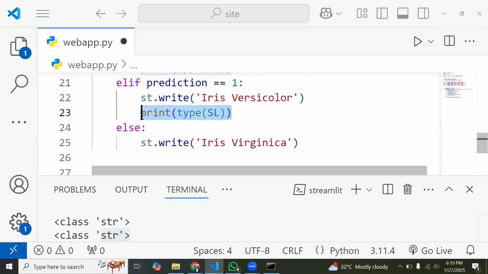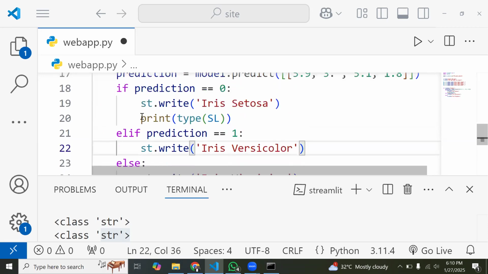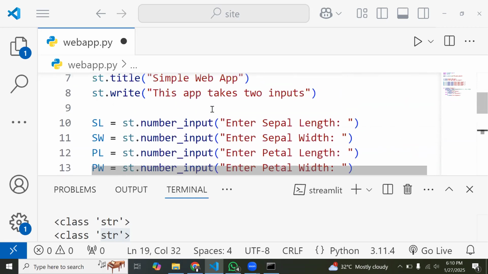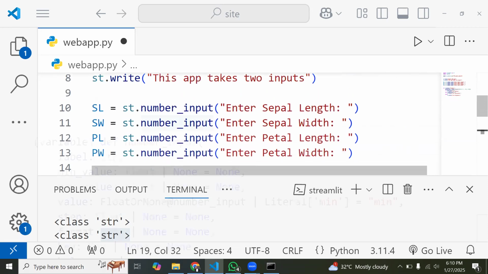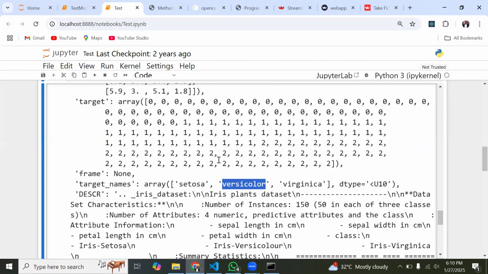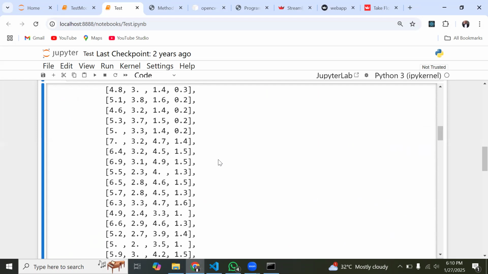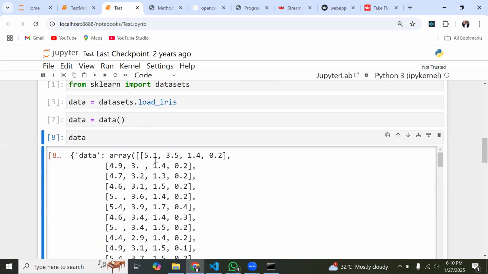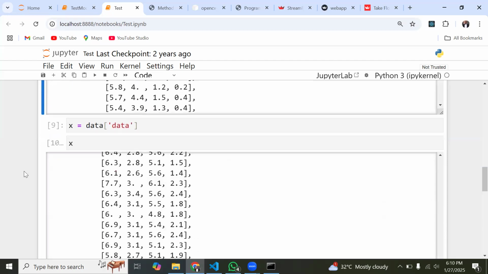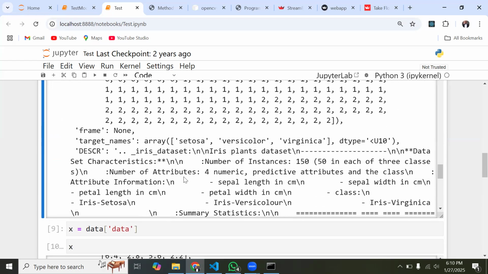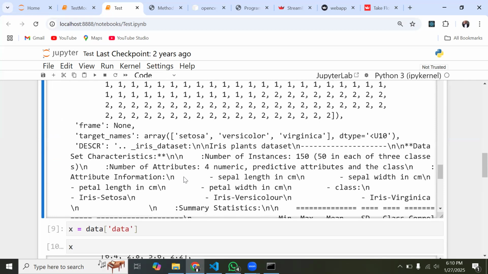Now, the next thing I want to check is the order. You see, our user is not going to know what to type in first, okay? So we should structure things in a way that will make sense so that the model will make good predictions. So now let's look at this. The numbers we see over here have been structured in that way, okay? That maybe this is sepal length, sepal width, petal length, so we need to also make sure that order is actually maintained. And the order we have is